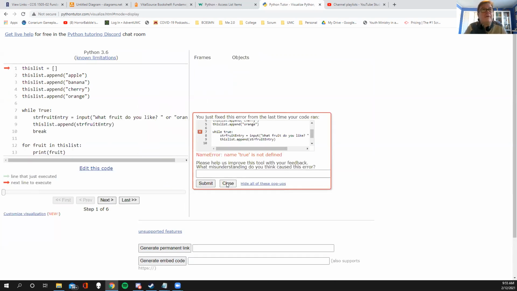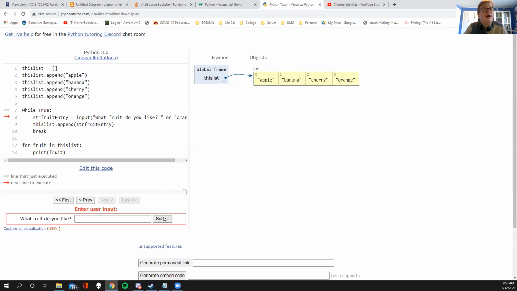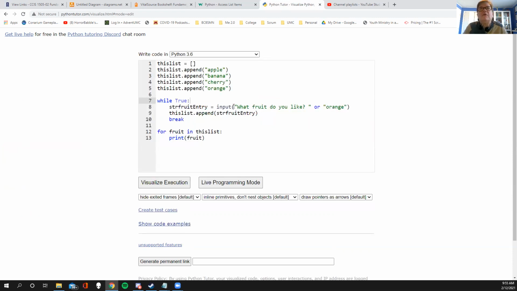So visualizer, close my error, next, next, next, next, next, while True. So user input, I would like to have an orange, please. And so that's interesting. It didn't actually take the orange, so I'm not sure what's going to happen here. I'm going to go next and just put in the blank thing. Will at least the break work? Okay, so the break pops out. All right, that's a good deal. What are you doing to me? I thought that would give me a nice little default. Okay, well, I'm not going to waste time on this video trying to figure that out. So at this point, I'll force myself to put something in here. But anyway,